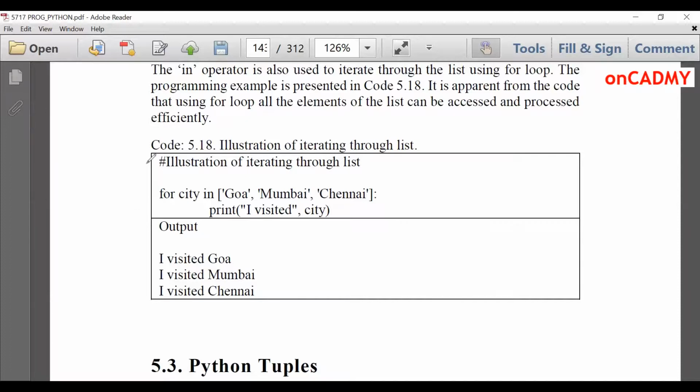And one more thing I want to tell you, that list can also be input from the user, because we have already declared list while understanding these concepts. You can also take input of list. Now I will tell you how to do that. For that, you need to first of all create an empty list. List1 is equal to this.